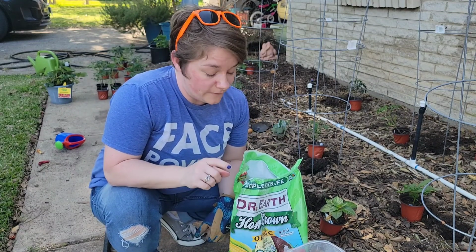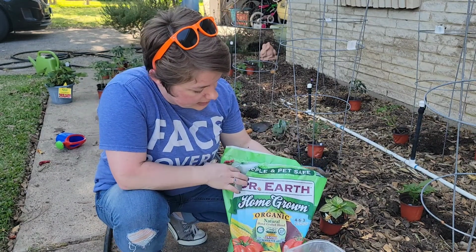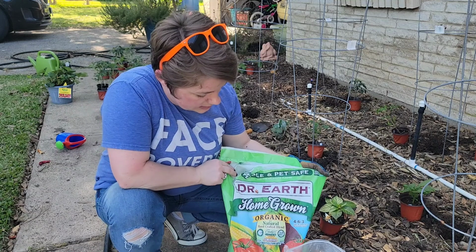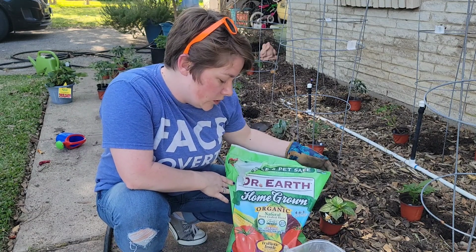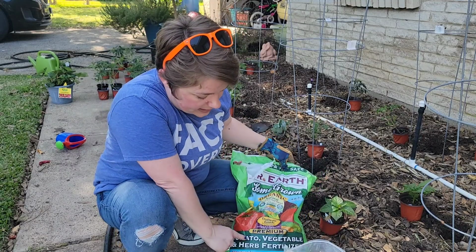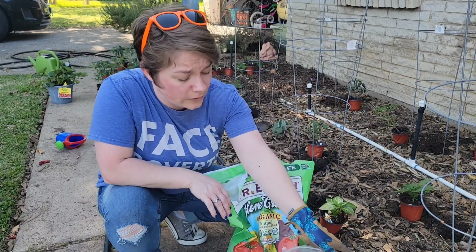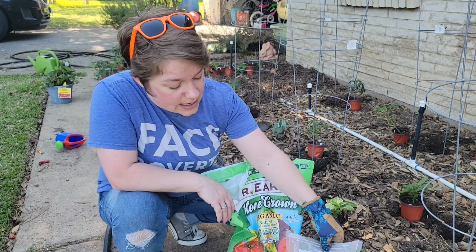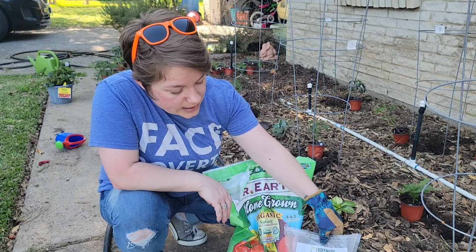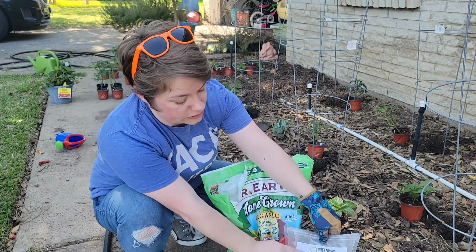Now, whenever I talk to you about fertilizer and rock dust, this is what I use. I use Dr. Earth. It says homegrown, organic, and I just use the tomato, vegetable, herb fertilizer. And then for rock dust, you can find this at some nurseries sometimes. This is called Azomite micronized 000.2. And what that refers to are the different